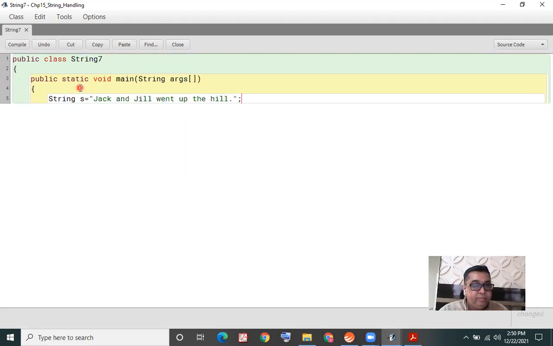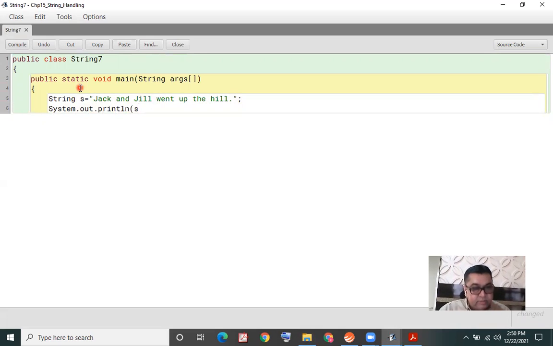So I'm defining one string s equal to this is my string. And now I'm writing System.out.println.